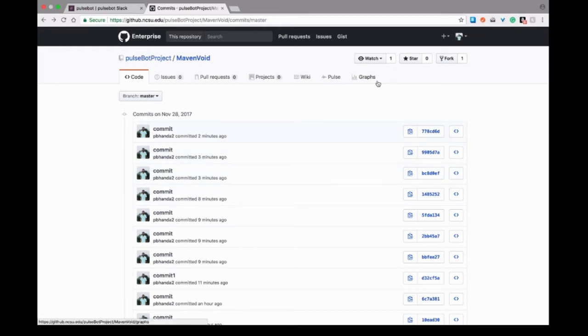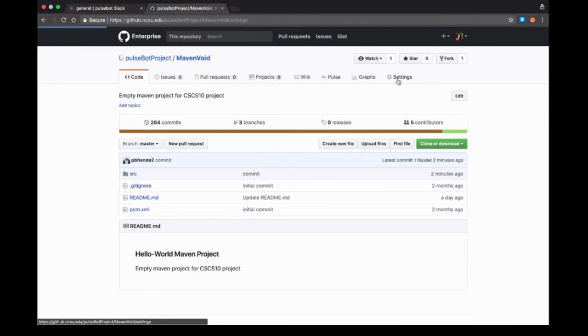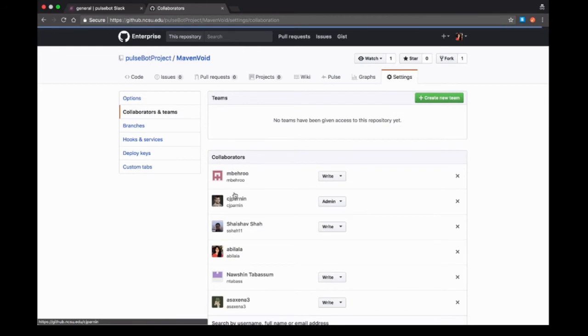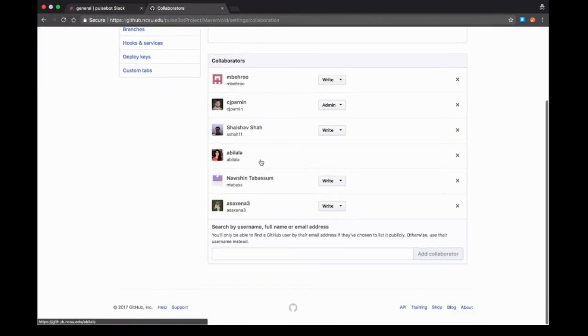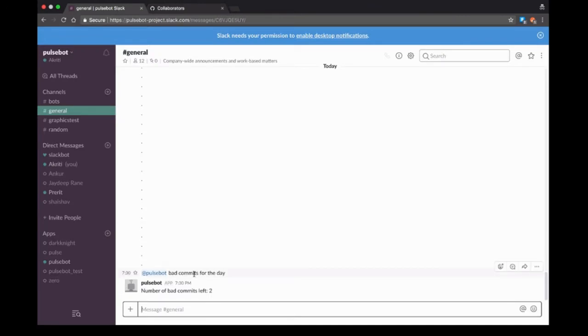All my comments appear here, and I have been removed as the collaborator. You can see there's no P Panda here. So that was use case 2, and